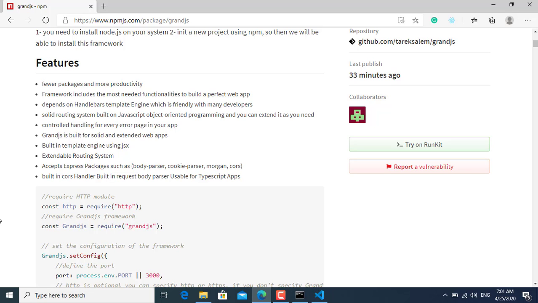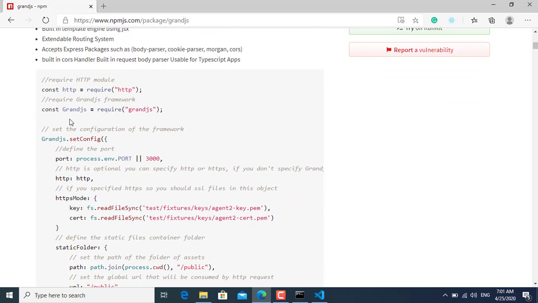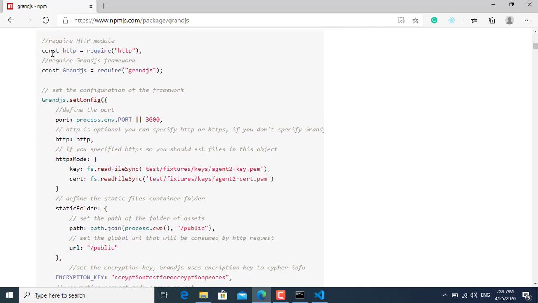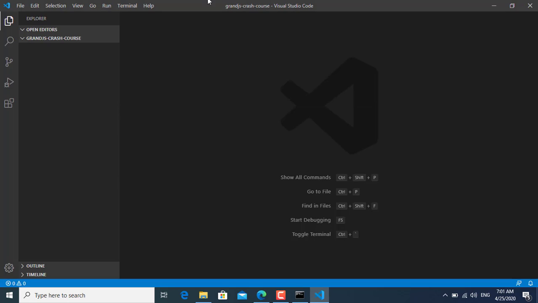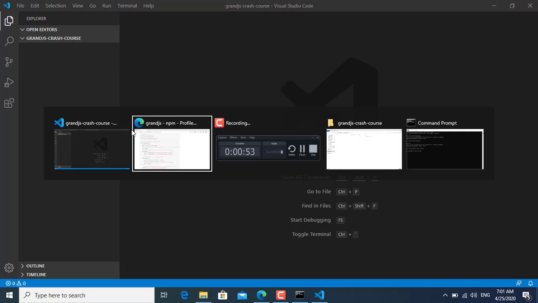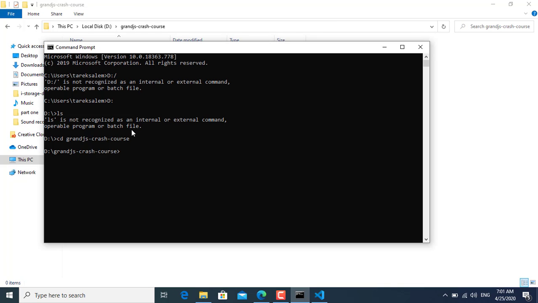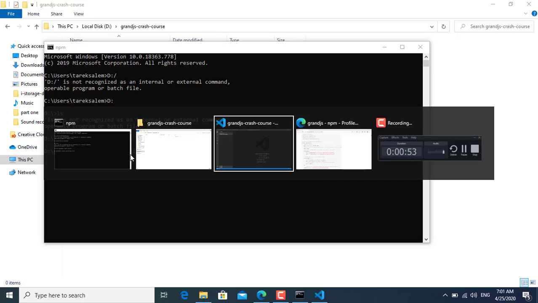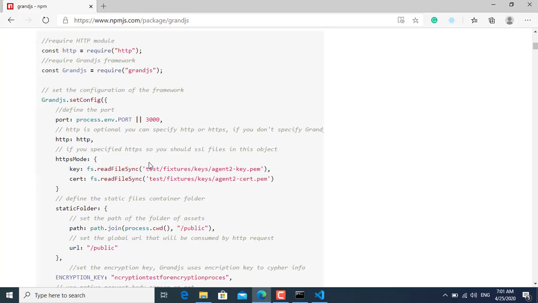Okay, so let's take a look at the code and configuration of grandjs. So firstly, I'm using VS Code as a code editor, and here I have this terminal, and firstly I'm saying npm init to initialize a new node project, and now the project is currently initializing. Okay, so while initializing the project, let's take a look at the features